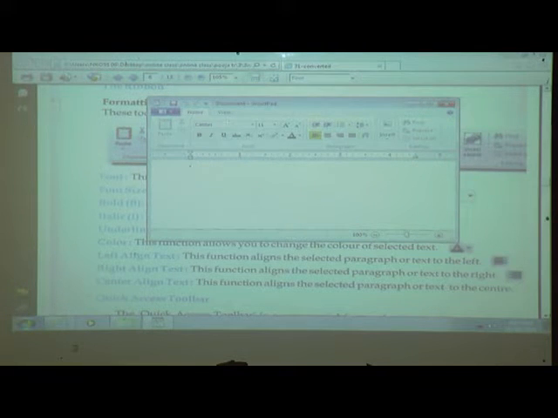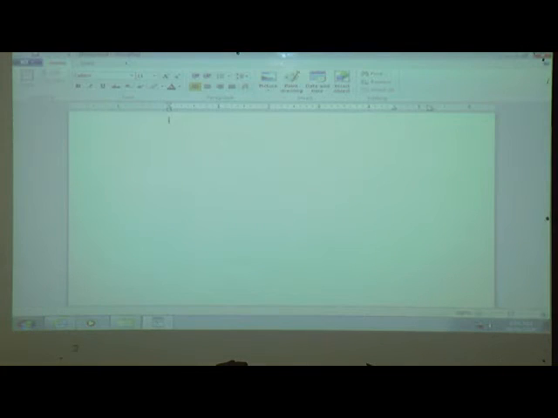This line you can see here, it is called a ribbon. Okay, then first option is font. Where is the font? You can see here. Firstly, I will write something, then you will understand.